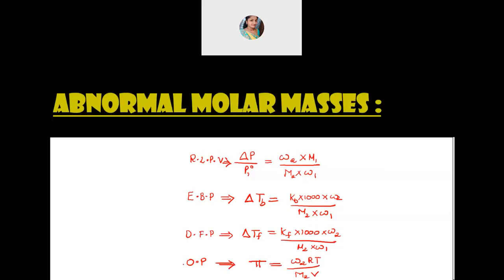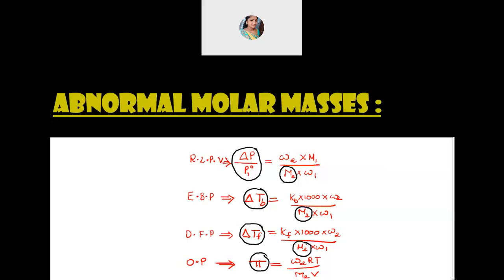Now, if you see students, there is one thing common in these colligative properties. If you see properly, they are inversely related to the molar mass of the solute, correct? You see everywhere, relative lowering of vapor pressure has M2 in the denominator. Even here, elevation in boiling point delta TB is equal to KB divided by M2. That means it is inversely related to the molar mass of the solute. Even next one also, depression in freezing point, is inversely related to the molar mass of the solute.